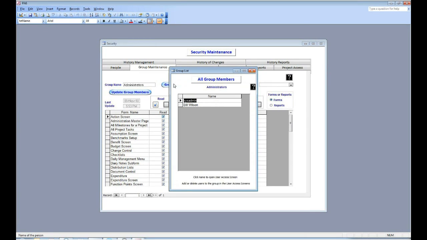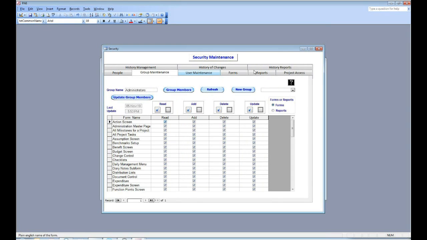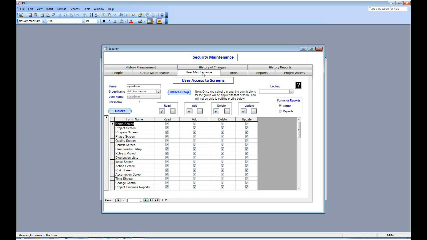You can look at group members to see who's part of this list, and in this case 2 people are part of the administrators group. You can update all group members by clicking here, or you can establish a new group. Now we've set up the profiles, we can go to user maintenance and see who belongs to which particular group. Now sysadmin belongs to administrators group